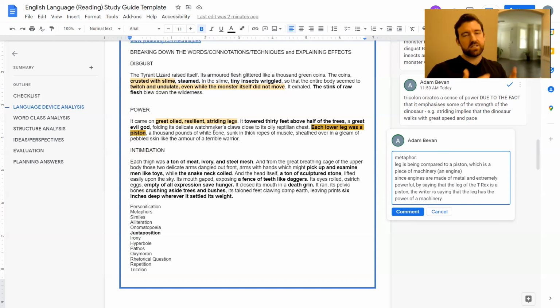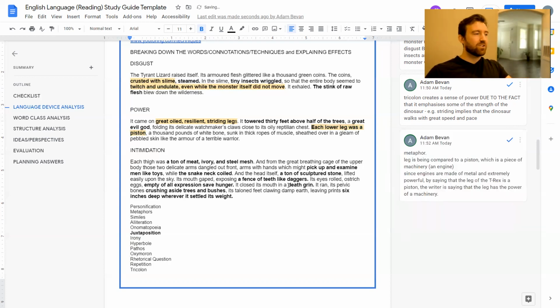And since the leg of the T-Rex is strong, clearly the T-Rex is being conveyed as powerful. All right, good. Man, that's a lot to get through in this time. Okay, so let's finally just do